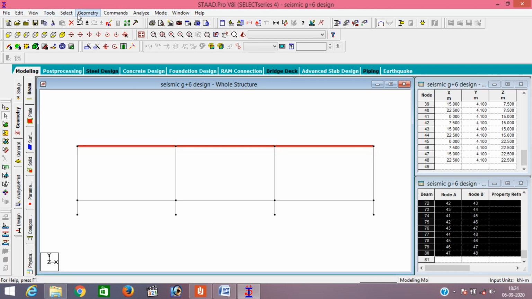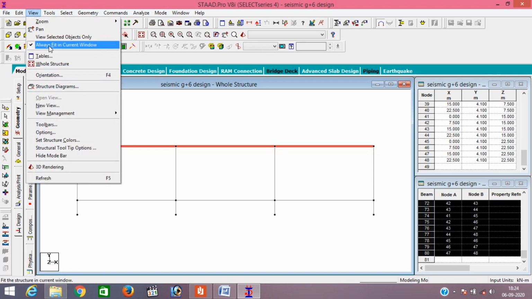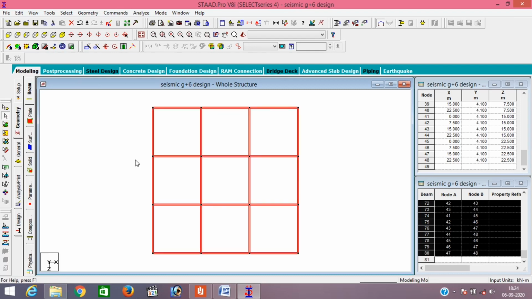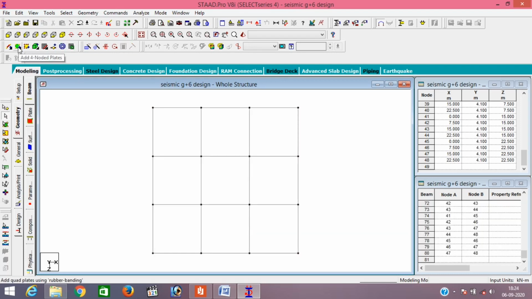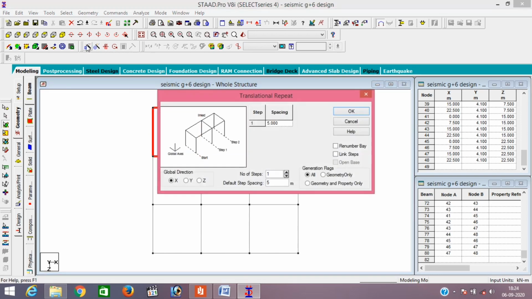we can see here are the slab. So for the slab we will provide here a plates. So just select this floor plan, open floor plan, and then see here the add 4 node plate. So we will add here plates, this node and this node, this node. So for one plate is assigned here, and this plate also assigned for another blocks. So select the plate cursor, select this. From the plate cursor we select this plate, again go to the translation repeat in positive x direction.